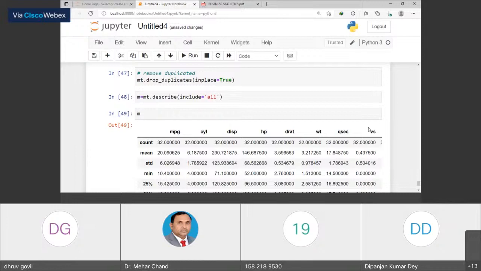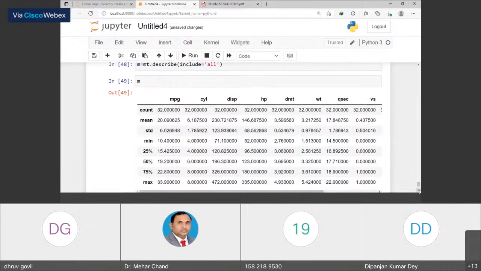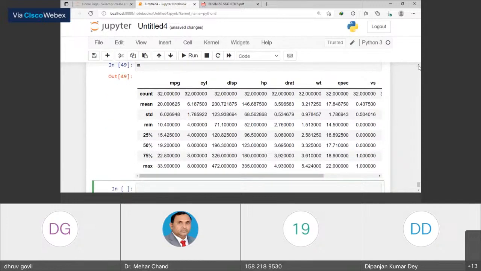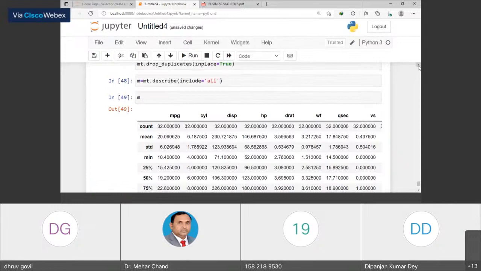This is also another format, a describe function including all functions. Okay. So we need to keep remembering all these functions, which are really helpful for us while preparing the data. These are the basic syntaxes we need to work upon. Okay. Now,